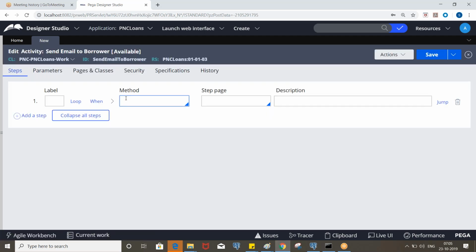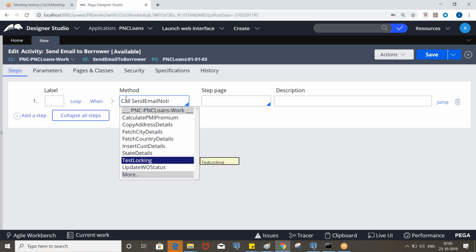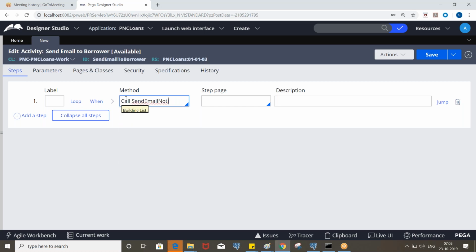So how can we call that activity? Send email notification. We need to use the call instruction. So call send email notification.